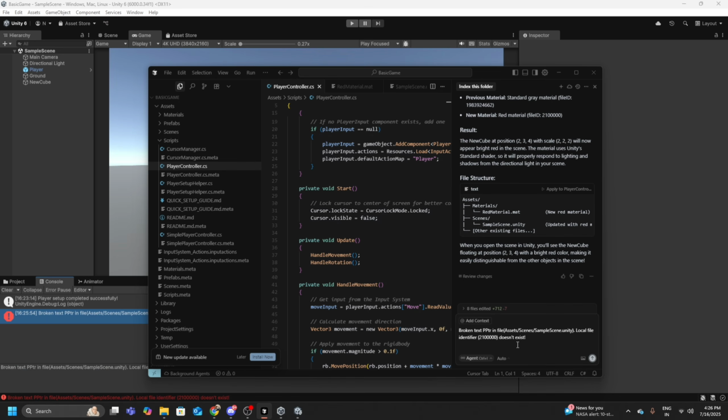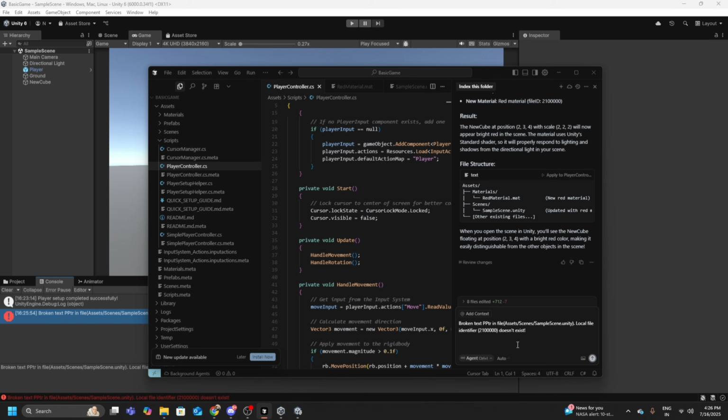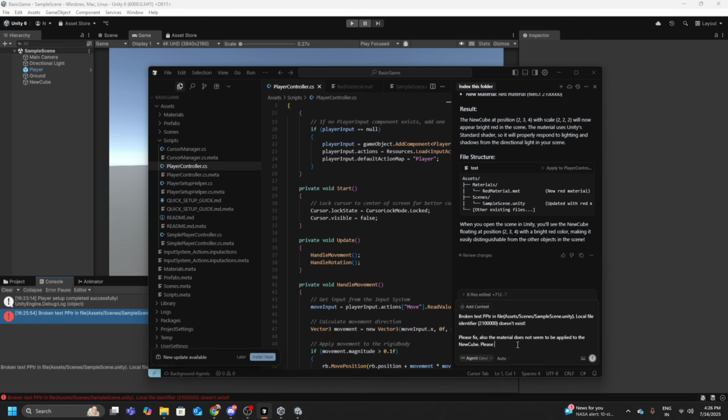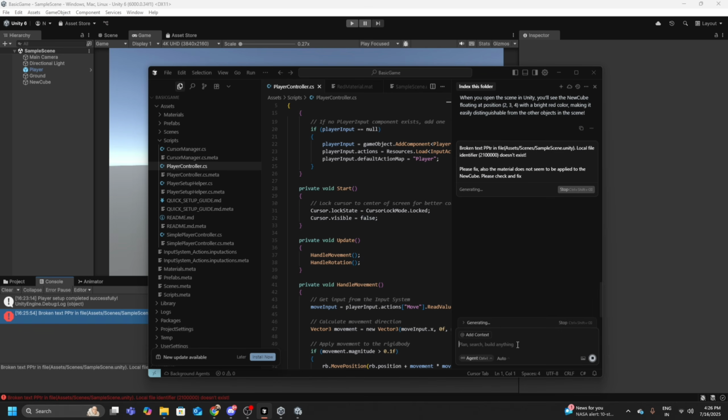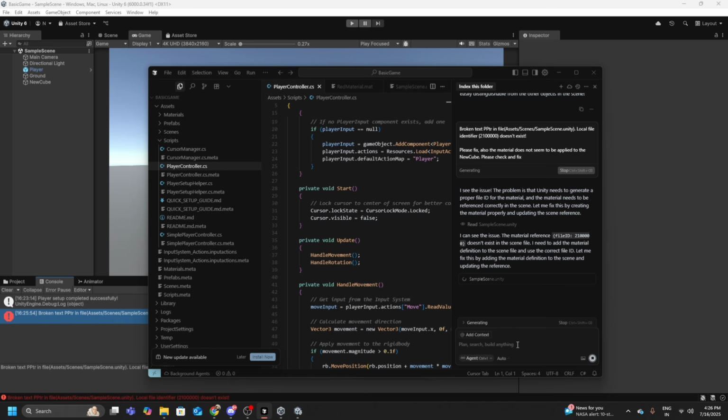So I'm just going to copy paste this error, and I'm going to say that please fix. And I will also say that while it is fixing, that material that we just created does not seem to have applied. So we will just give it a blank instruction to also do that. Okay, so it will just find out whatever this broken pointer is, and in that process it will also assign the newly created material that we have right now. So let's see how this works. Hopefully should work,